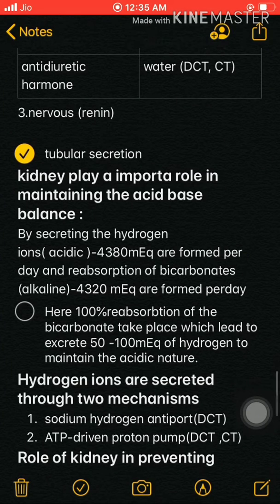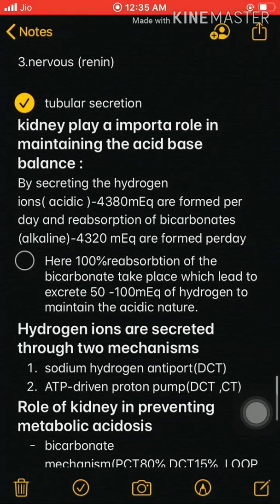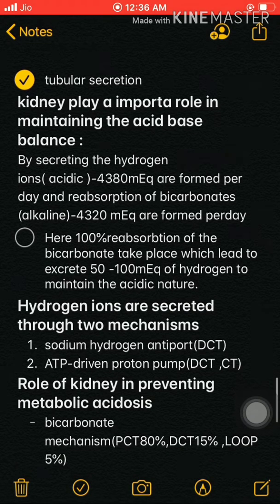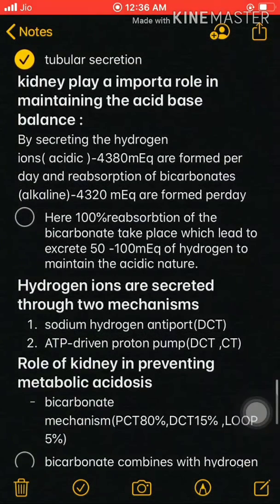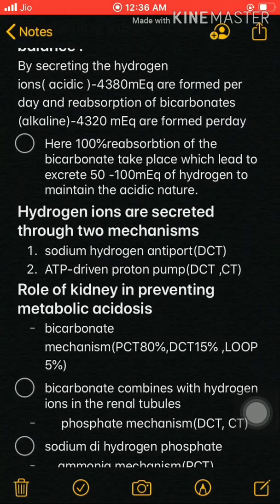And then the last one is the tubular secretion. Normally, kidneys play a very important role in the maintenance of the acid-base balance. How do they maintain? By secreting the hydrogen ions and by reabsorption of the bicarbonates. Hydrogen ions are acidic in nature. Bicarbonates are basic in nature. For example, in our body, about 4,380 mEq of hydrogen ions are formed. Bicarbonates are about 4,320. To maintain this balance, about 50 to 800 mEq of hydrogen ions are secreted through the